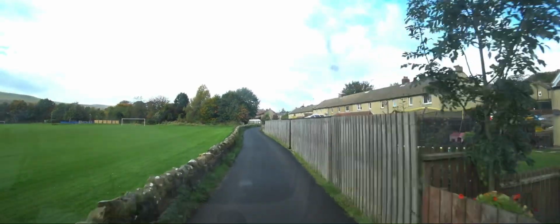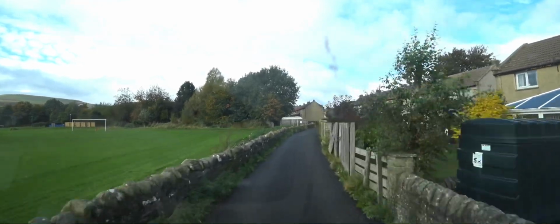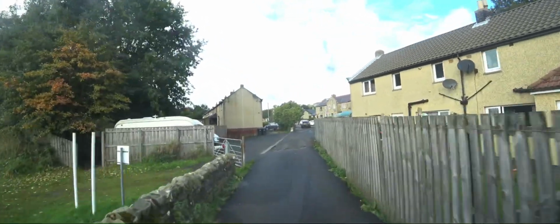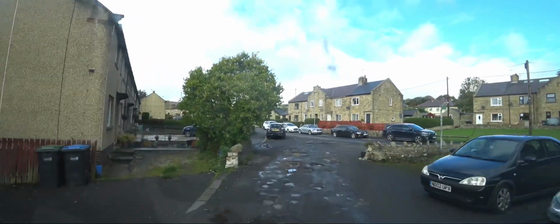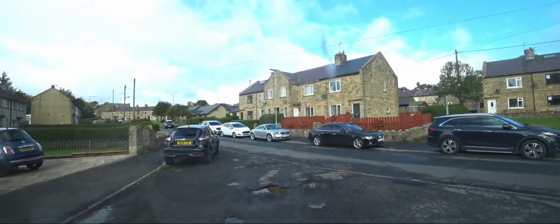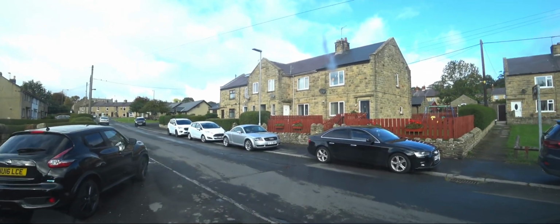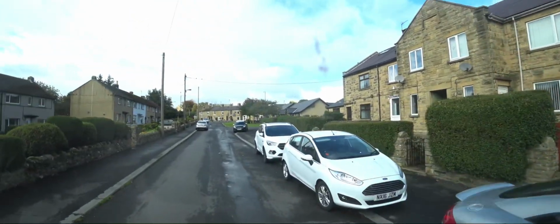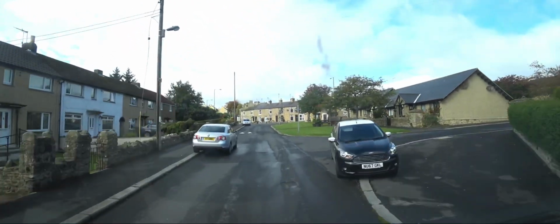Actually, once you've driven this road, it's not as narrow as you think it is. Because there's no overhanging trees, there's a gap between the road and the wall, a bit of a verge, not much of one in places, but there is one. It does slow you down though, doesn't it? Yes, but you can easily miss it. If you weren't aware of where you needed to be. You need to look for that sign up there on the left-hand side of the road, which is easily missed. But the instructions do say...